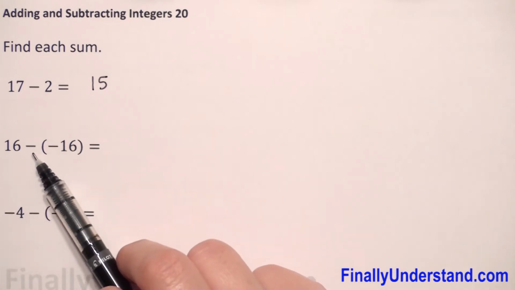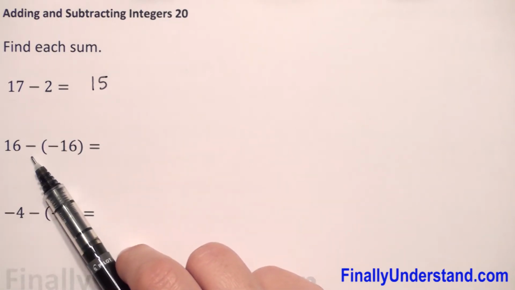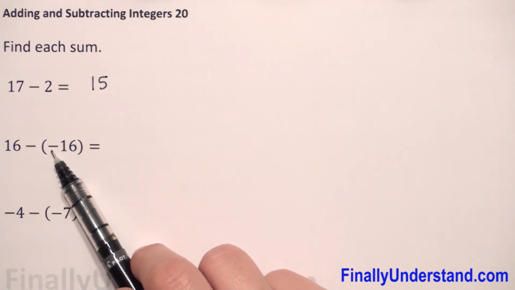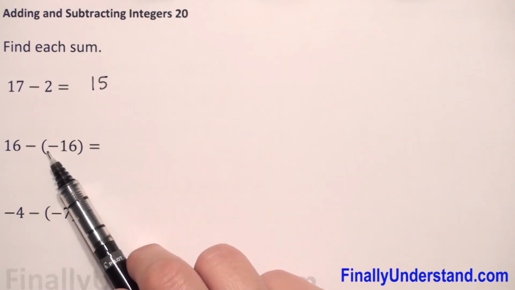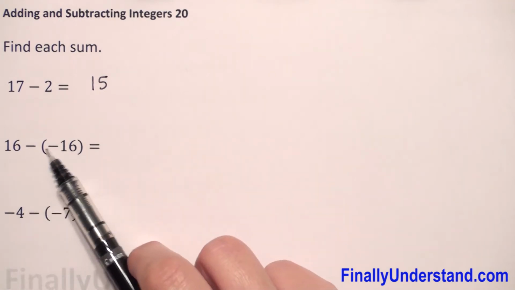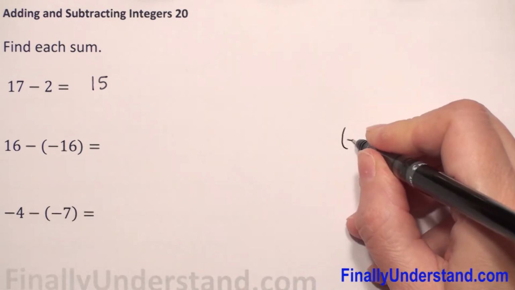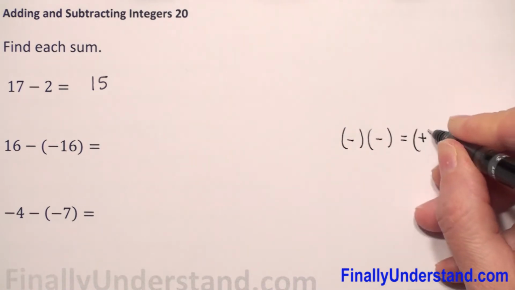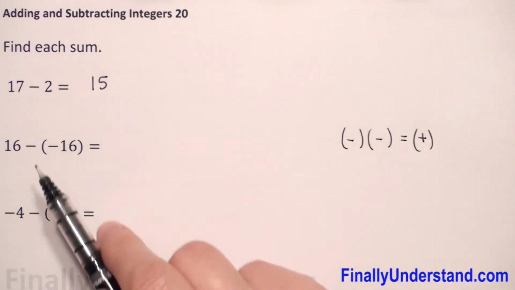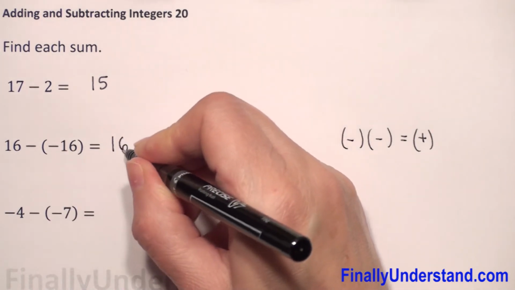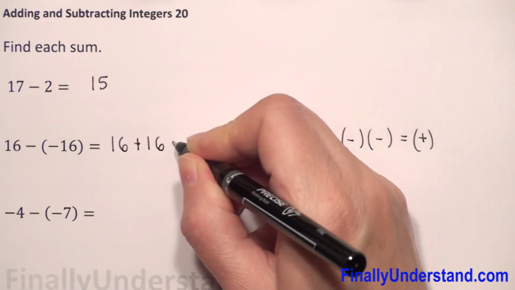Next example, we have 16 minus negative 16. Again, two negative signs. We have to memorize: two negative signs build one positive. It's like negative sign times negative sign gives you always positive. Memorize. So negative and negative give me positive, so we can rewrite that this is 16 plus 16, so this